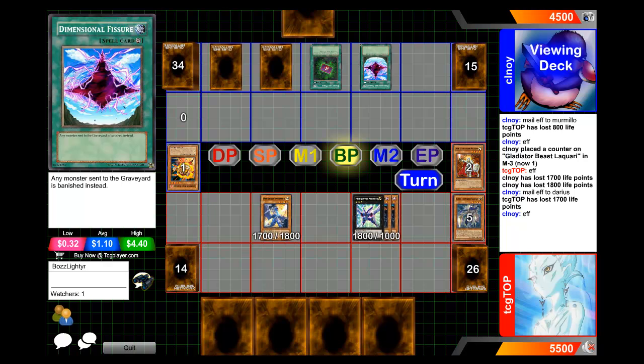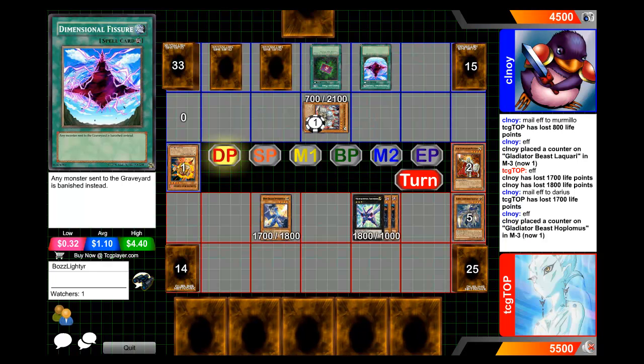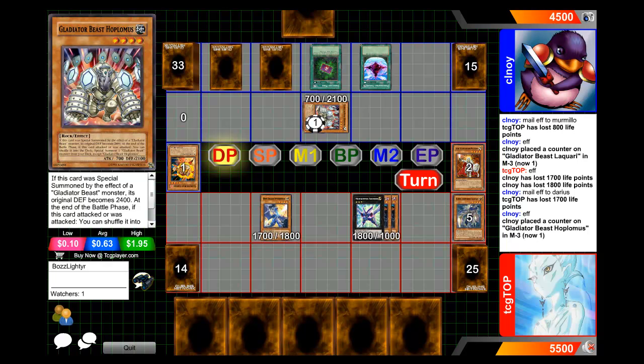Okay, so Darius is going to tag out. I believe he goes for Hoplomos here. Yep, Hoplomos. I know I say it a lot in this video. But Hoplomos puts in so much work as well. So he passes back to the red player after placing a 2400 defense monster, which doesn't seem like much, but it does